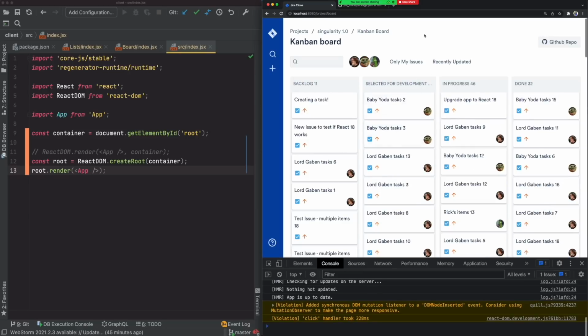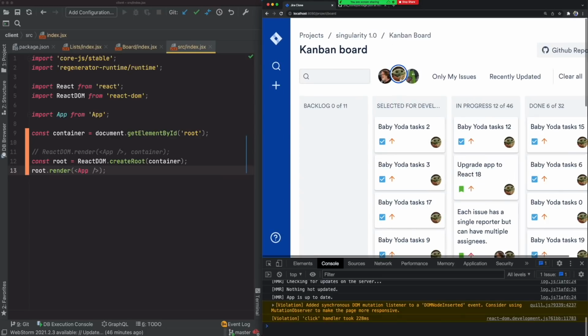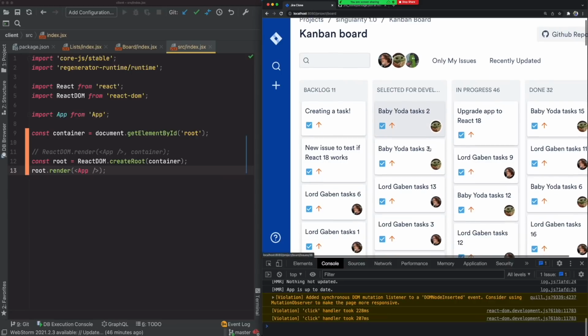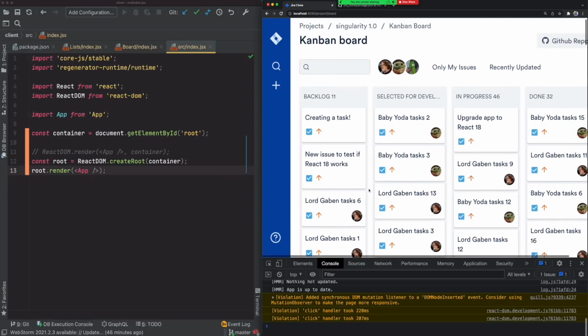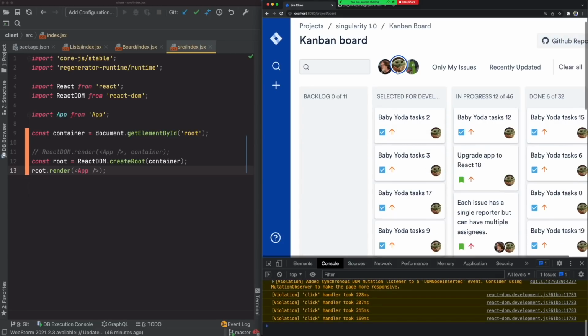Now let's see if we can use one of the concurrent features that React 18 introduced. We did say that React 18 allows opt-in into concurrent features. So let's see if we can try using a concurrent feature. One of the things I want you to focus on is these avatars at the top. You'll see that when I click on an avatar, my app re-renders and the items in the list change here. If I move from one avatar to another avatar, the items re-render based on who is selected.